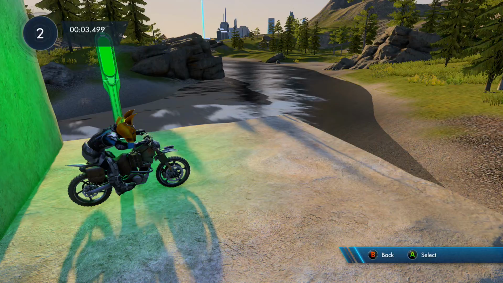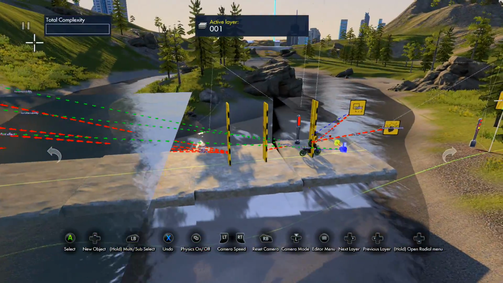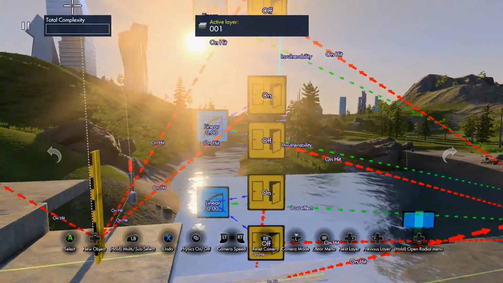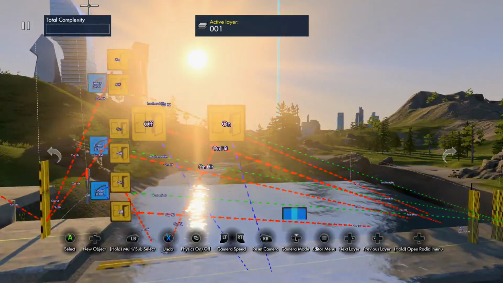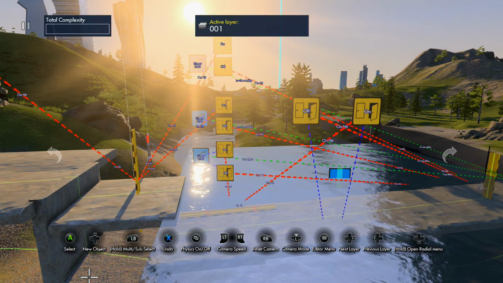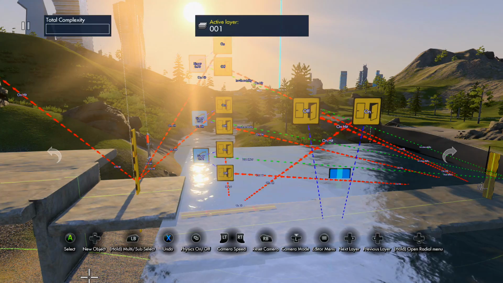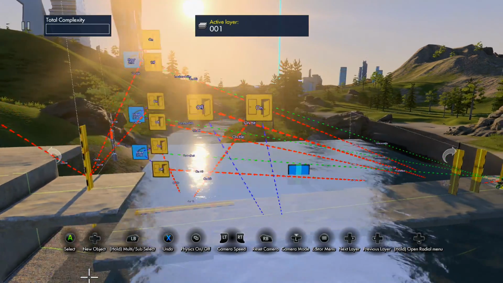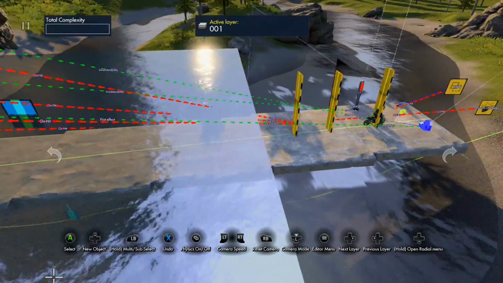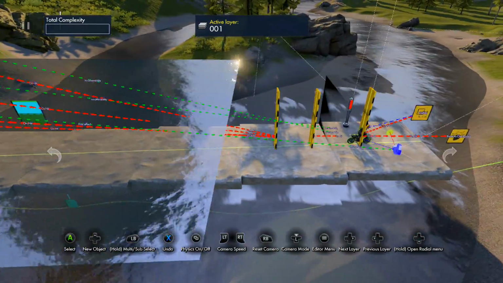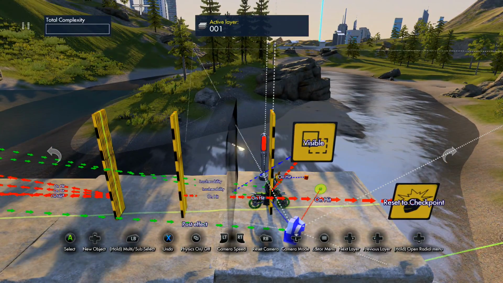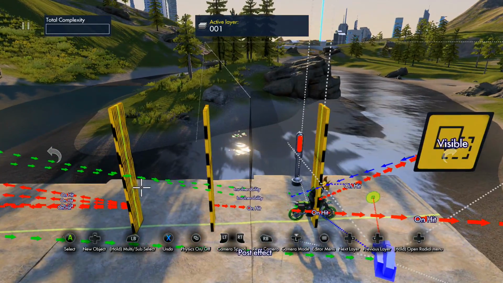Now that's just a way how to make an underwater stage. There obviously could be better ways of doing this, but I never found any tutorial on the internet that tells you how to build an underwater stage. So if you want to know how to build underwater and have your own gravity pulling you down, this is just an example video. Obviously if I tweaked it a little bit better and made my track a little bit better, it would be better. But this is just an example video to help people make a track to go underwater,